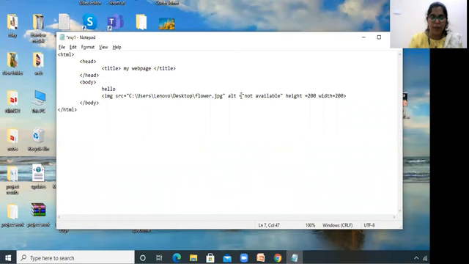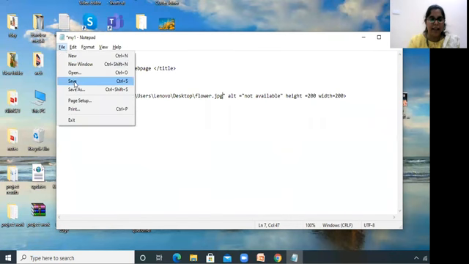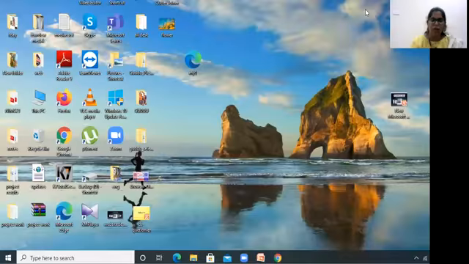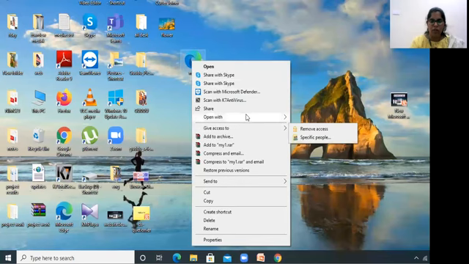Otherwise, we are not going to get an image into our web page. We need to mention the exact file extension, whether it is a JPG image or a PNG image, whether it is an MP3 or an MP4 when you are uploading a video or an audio. So it is very important. The file extension should be mentioned properly. And let us see how it will be done. Then file, save. This is the file. Now I am going to open it with the help of a browser.